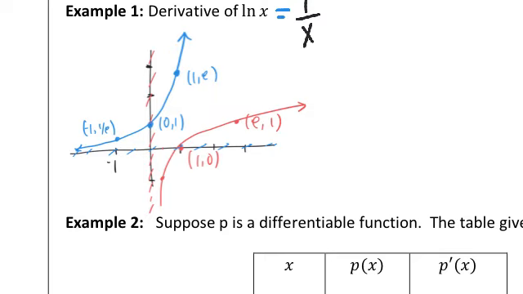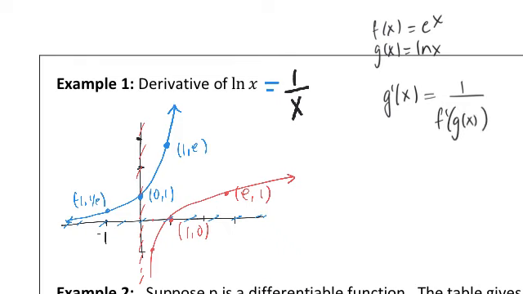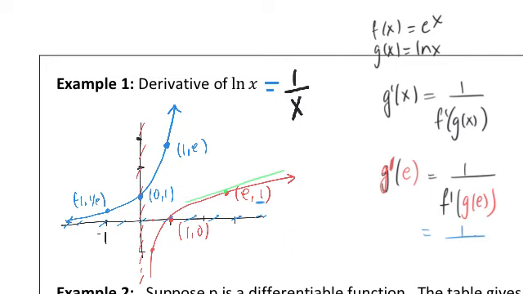Now, let's think about what the equation in the box means. What it says is that g prime of x, so in this case, let's say our g of x is ln x and the f of x is e to the x, so they're inverse functions, then g prime of x will be 1 over f prime of g of x, right? So what are we saying? We're saying that if we want to know the slope on the red function, the ln function, at, for example, e, I want to find the slope of the tangent line right there. All that I have to do is go 1 over f prime of g of e. Well, g of e means the y value here on g, right? So I'm really doing 1 over f prime of